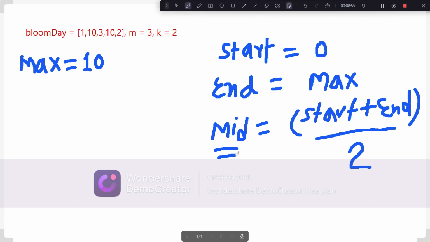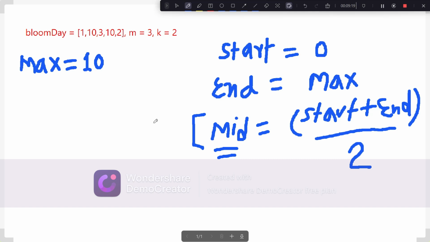So let's say if we have completed the m bouquets, that means we have got the solution at this mid. Now our tendency should be to get a further smaller value even when we got a solution, because consider the situation that on day 10